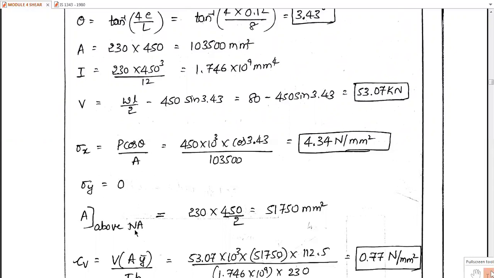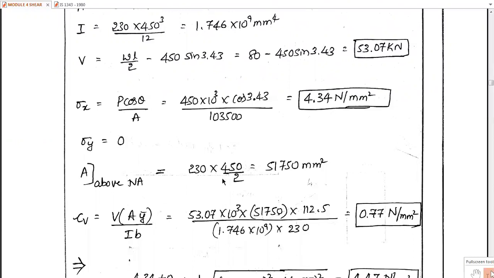Now the area above the neutral axis, for the shear stress calculation, we are calculating the area here. Breadth of the beam into half of the depth, 450 by 2. It will be 51,750 mm square. Now calculate the shear stress, V into A Y bar divided by I B. Shear force 53.07 kilonewton. First moment of area